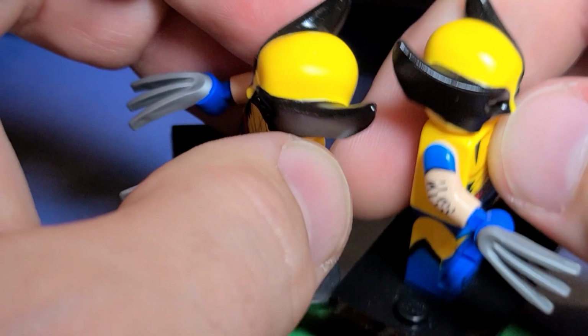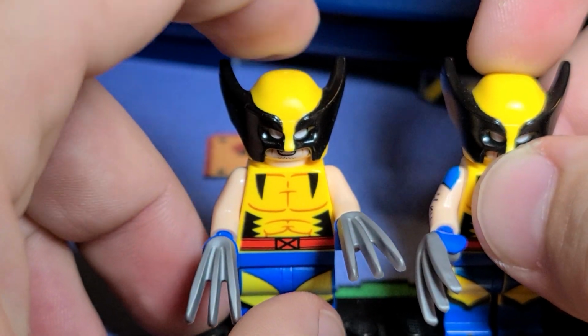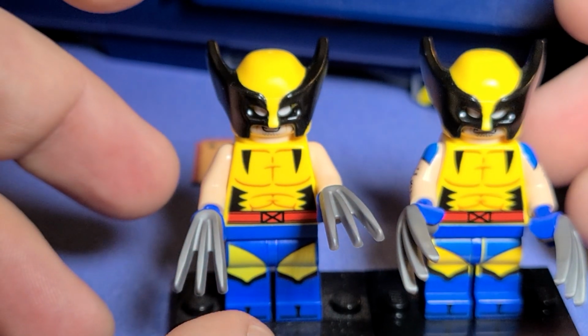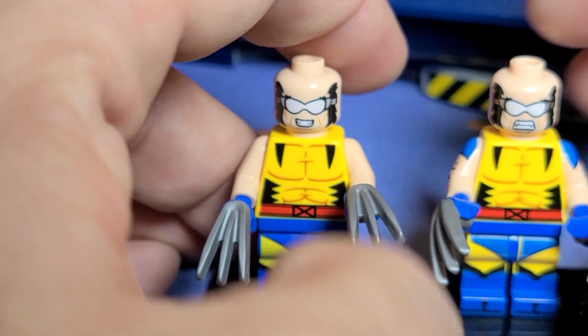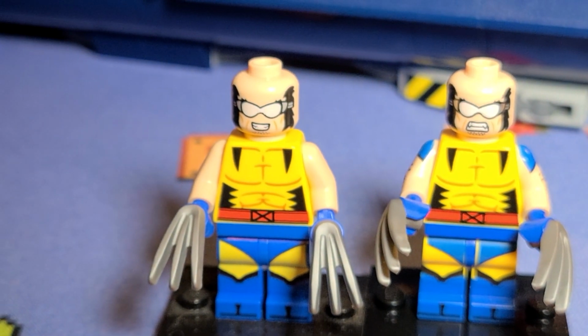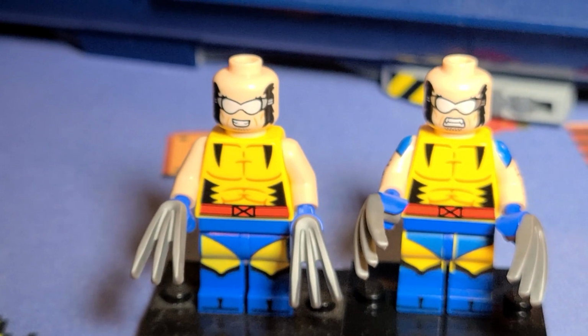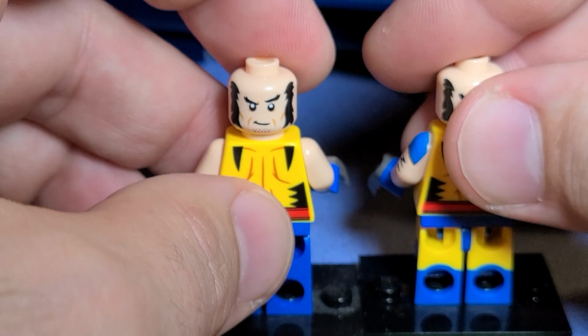However, it's the exact same color of yellow. It's nice to have nice Wolverine masks as a standby in case anything happens, but if there is anything different, it's the faces. So here he's more smiling than he is gritting his teeth. And on the back, you can see that, yep, they definitely have